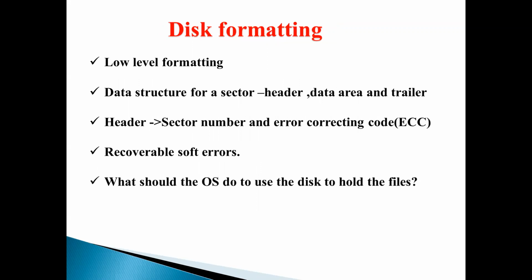In my previous video, I told you about the structure of a magnetic disk. But when a magnetic disk is manufactured in the factory, it is just a blank platter of a magnetic recording material. That is, it doesn't have any data stored inside it. For a disk to store data, you have to divide the platter into sectors. Only if you divide the platter into sectors will your disk controller be able to read or write data onto the disk. This process is called low level formatting or physical formatting.